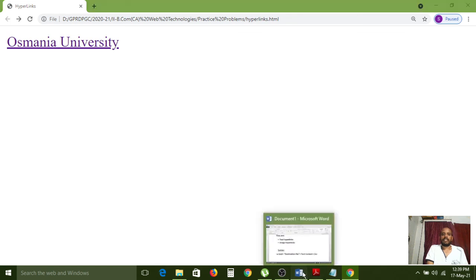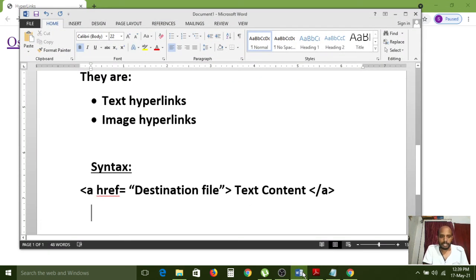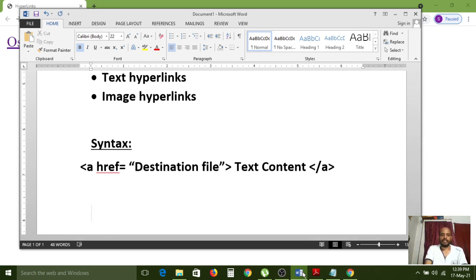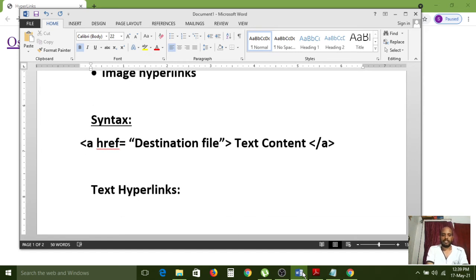And now we have to understand how to create the links. There are two types of links: text hyperlinks and image hyperlinks. First we have to see text hyperlinks.